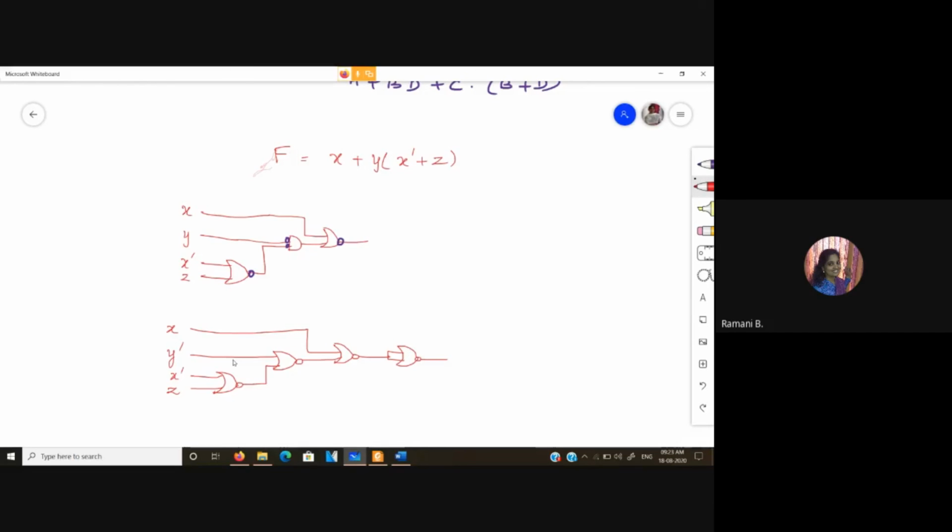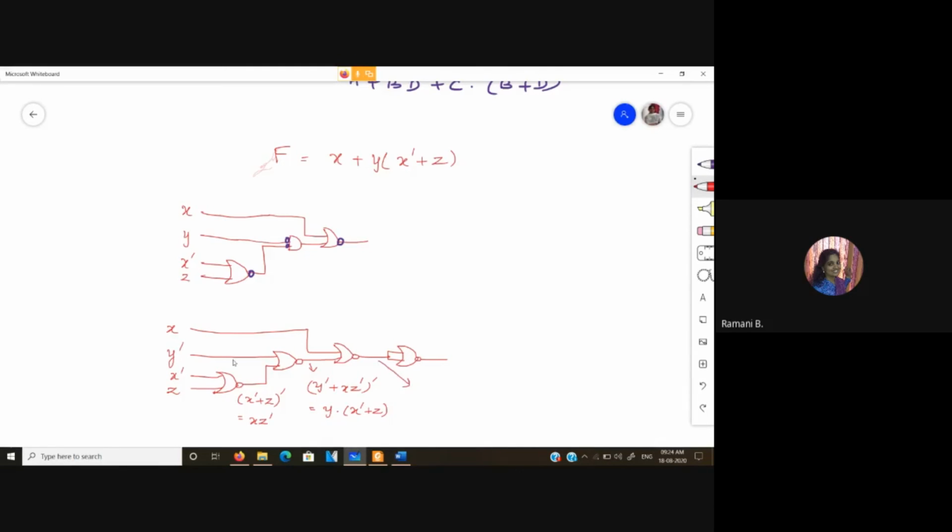Okay? So here this is nothing but x bar plus z the whole bar, which is x z bar. And at this point it is y bar plus x z bar the whole bar, which is nothing but y dot x bar plus z.